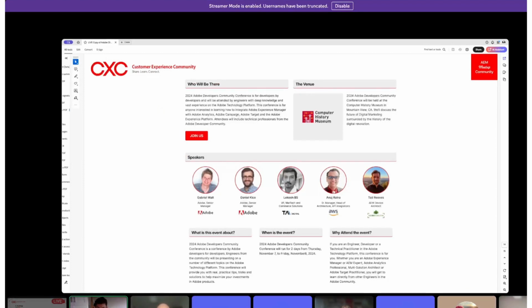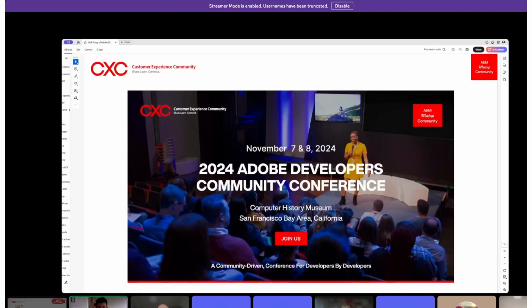And these are just some design comps, not real public data, so please don't quote me. But these are design comps of the conference that we are planning to organize. It's going to be at the Computer History Museum in Mountain View, not too far from Adobe's headquarters. And if you go to the next slide, which is the last slide in the deck,